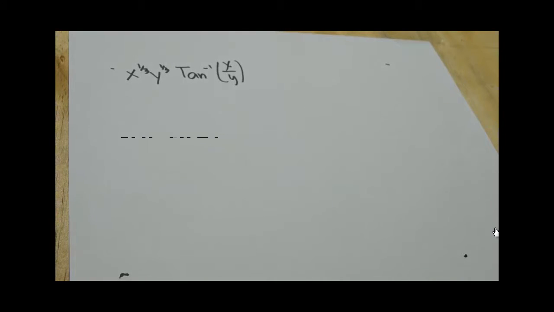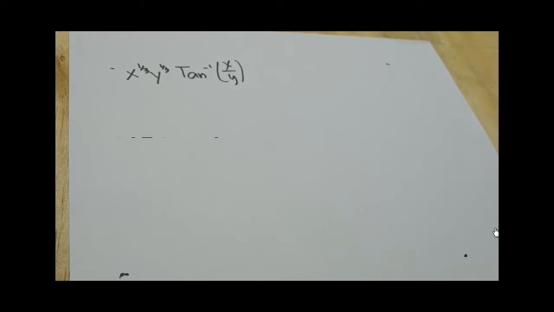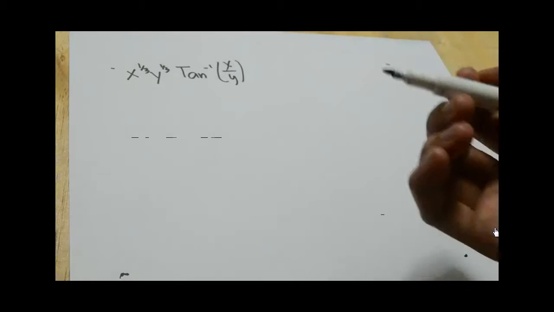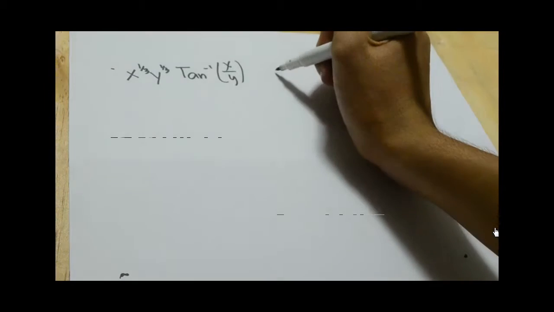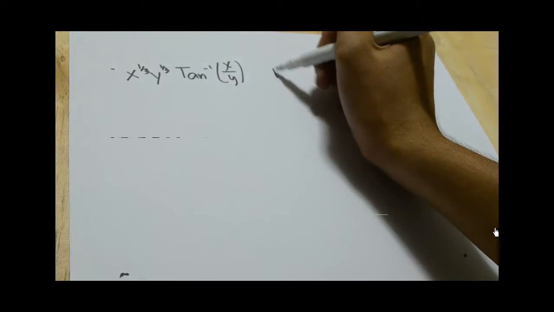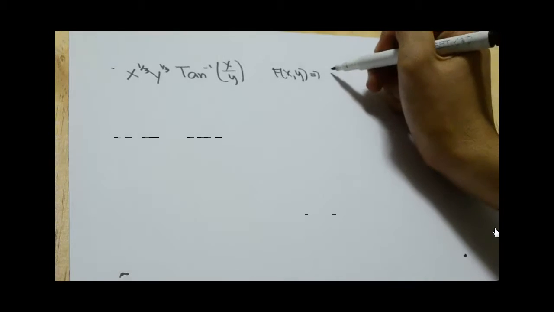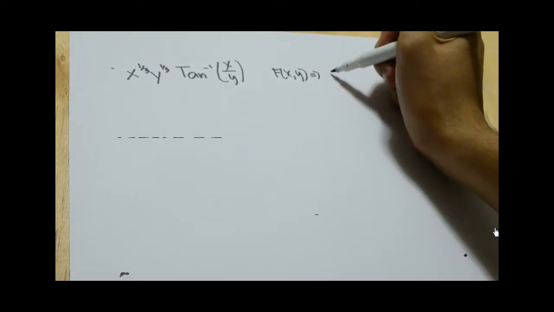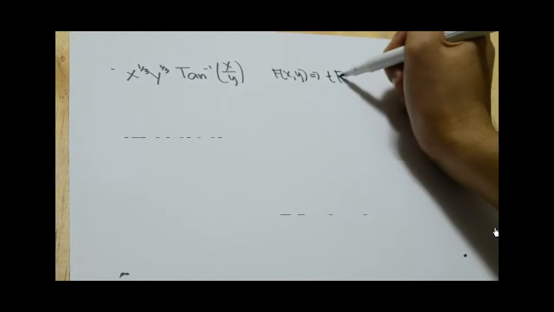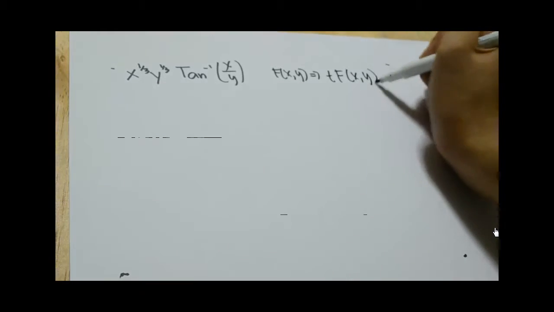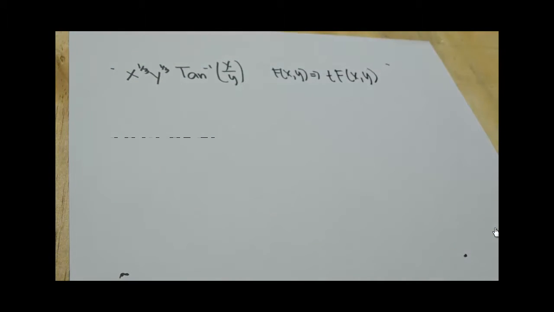So in the third problem, I am tasked to define if this set of variables is homogeneous or not. We can say that it is homogeneous if our f of x and y will become, let's say, any variable t, f of tx and ty. Therefore, we can define it as a homogeneous equation.